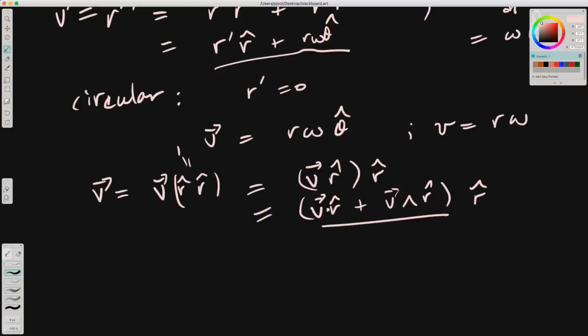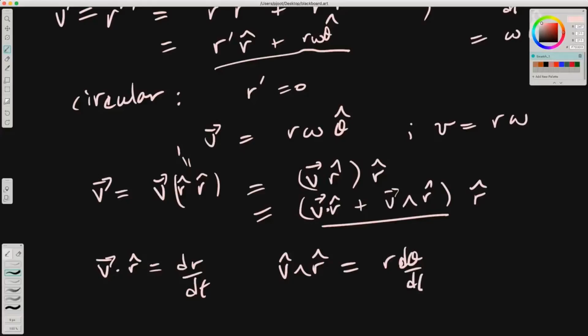So that is v dot r hat, dr dt, and v wedge r hat is r d theta dt